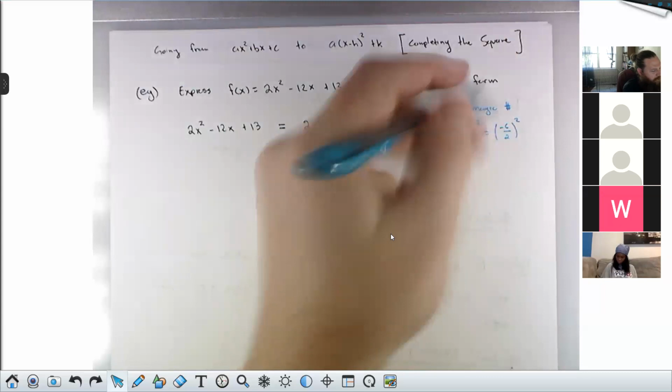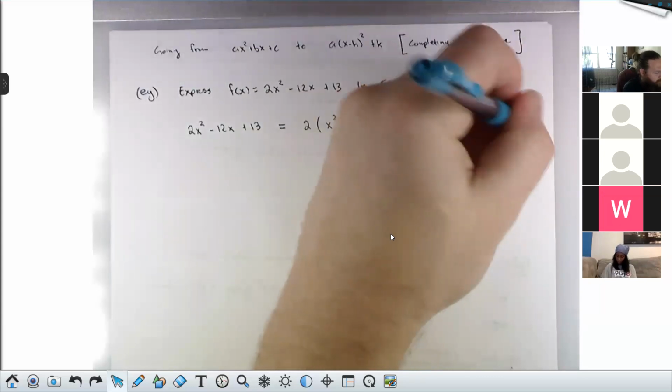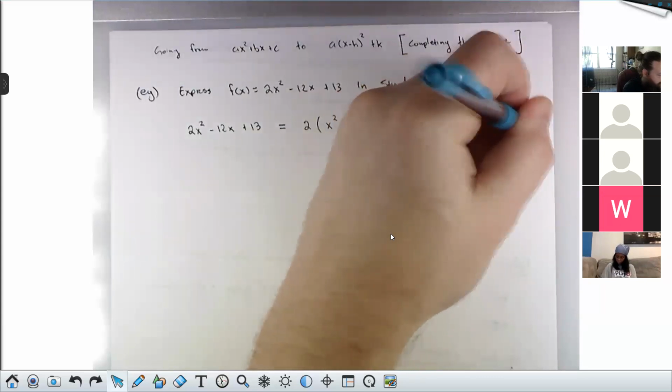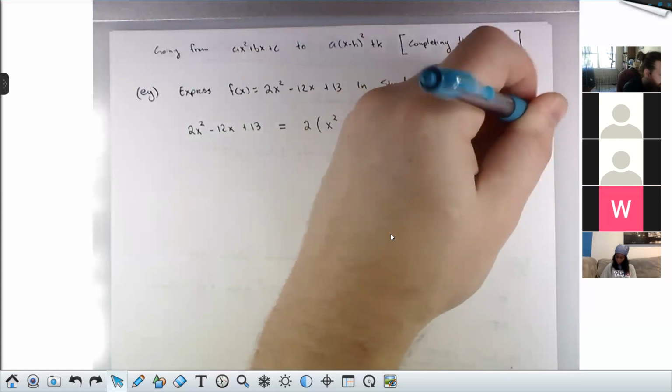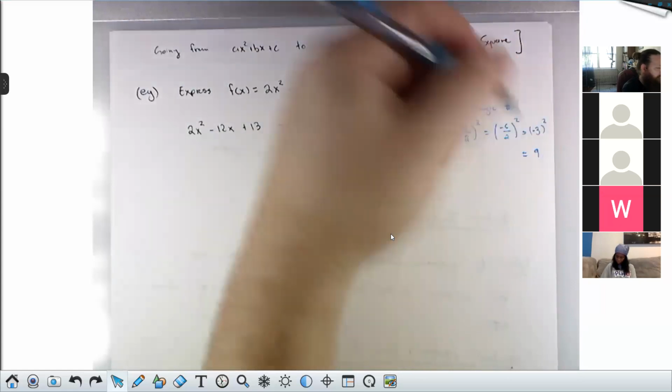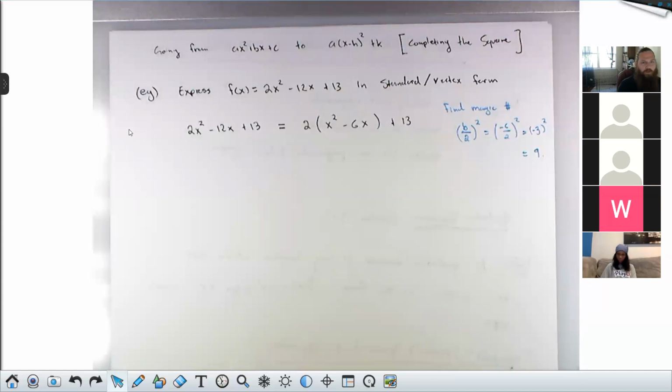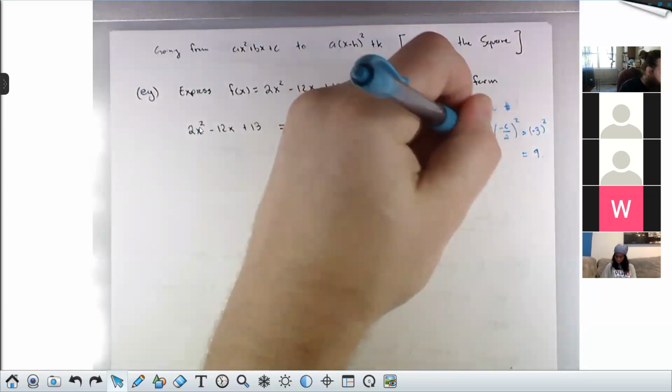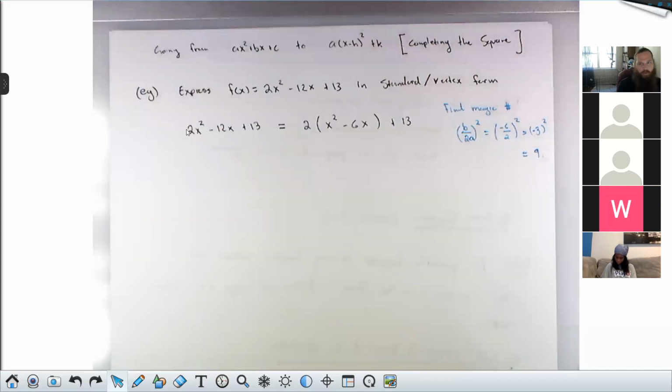I have a question real quick. Sure. Is it always 2 or is it just for this problem, since it was the one that was factored out? No, it's whatever the coefficient of x squared is. Okay, so b over the coefficient of x squared. Yep, and that's why some people, if you look for a really general way of writing this, you'll see they write it as b over 2a, because your textbook does it like this, where they factor this thing out first. You don't have to do that, but it makes life a little bit easier.